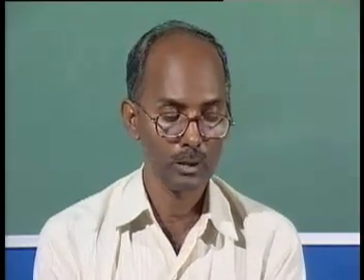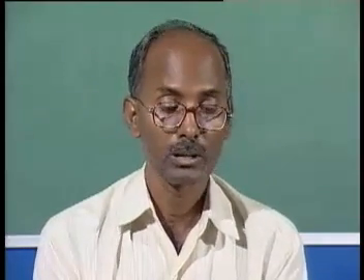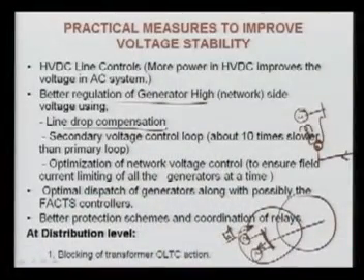We have capacitors, static var compensators, or other FACTS controllers, and then we have optimal dispatch of these reactive power sources to improve the performance of the system, so that we can have more voltage stability margin. No doubt we can improve the voltage stability margin by optimal dispatching, and this is called the optimal reactive power dispatch, ORPD, problem,